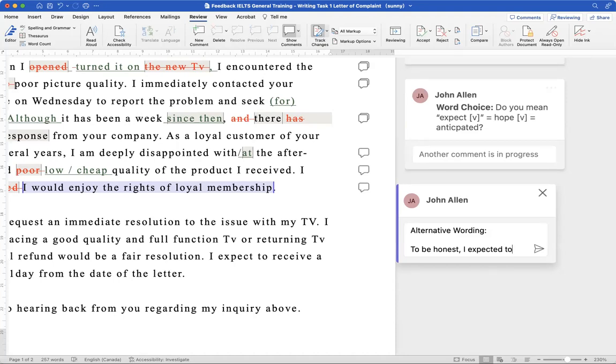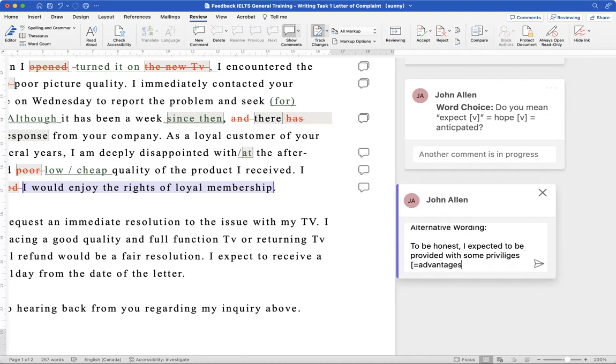expected to have, I expected to be offered, I expected to be provided with some privileges. Privileges like advantages, like some advantages as a loyal customer of your company. Or to be frank, like to be honest, I expected,